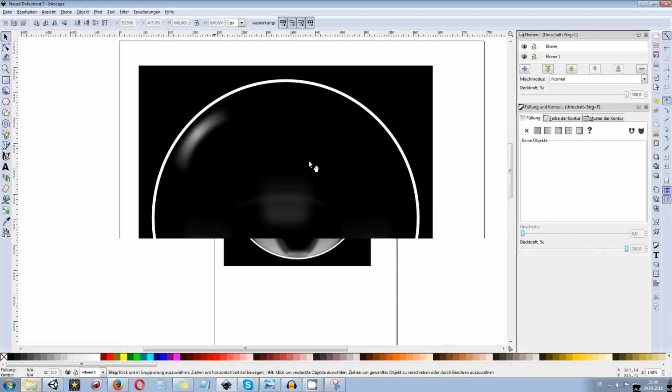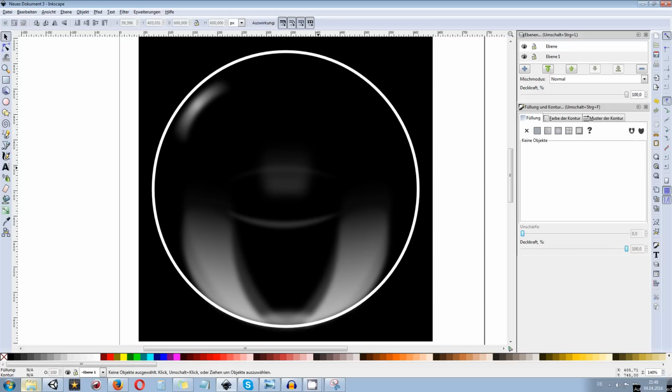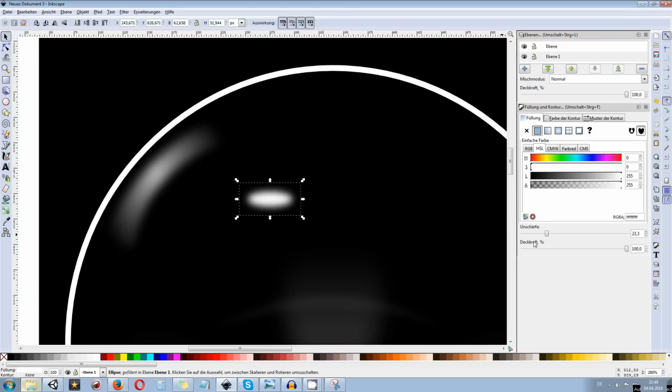Okay, so now we go and add more detailed effects, or not just detailed but more prominent effects. So the first one is going to be just a full transparency or opacity and maybe around 20% blur. And this effect can be rotated by selecting it once again with the selector tool.